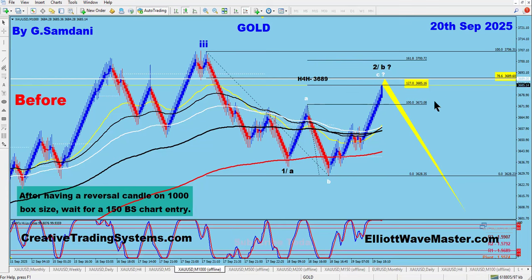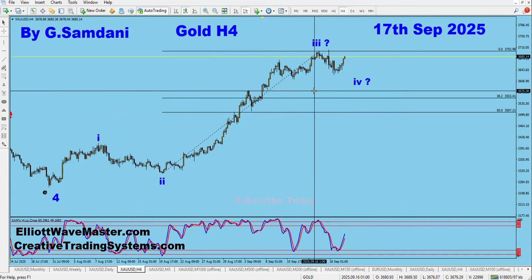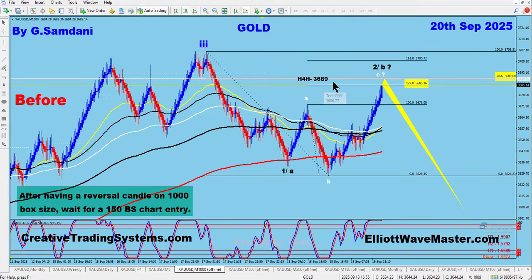But there is 78% and the last 4-hour high, which was this small candle here. What the heck happened there? This one. So this is the high, and this is where we are now, right? This is 36.89, with 78% coming up, and we are already at 127. So somewhere here, we might be able to make the turn, right?